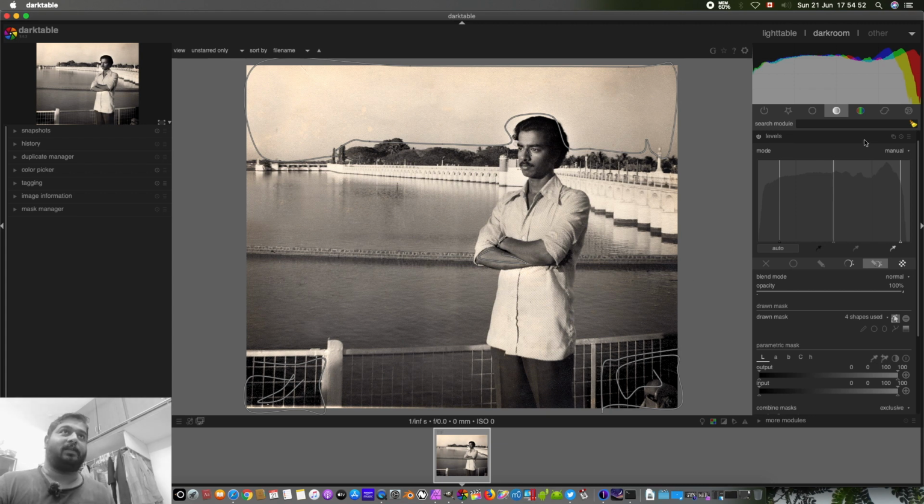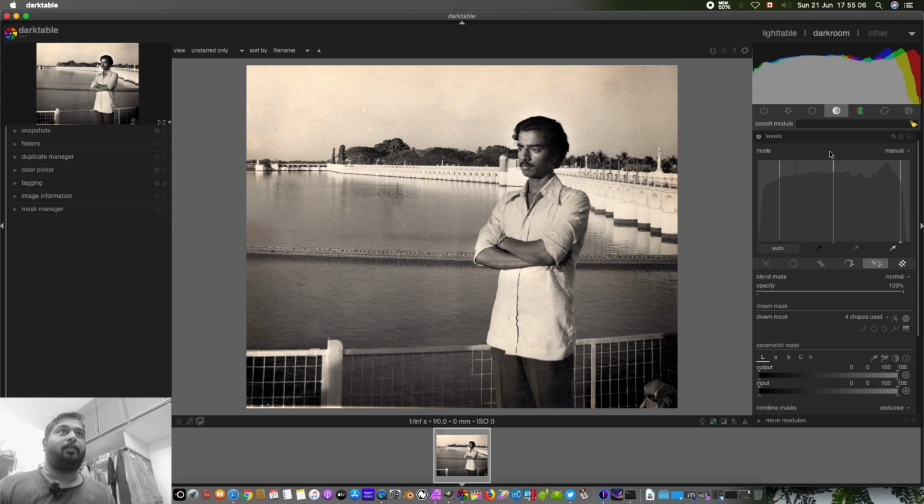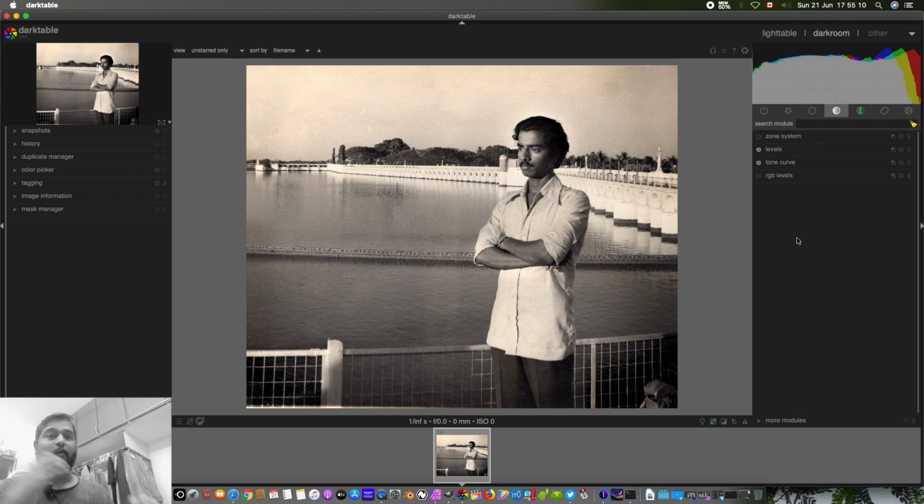Okay, so it doesn't have layers. You can have multiple instances of the same effect. Say you can have 3 to 4 levels, or 5 or even 10 levels. I haven't gone that far, so I do not know if it can do that much. But you can multiply levels as many times as you want to apply to the same image, but you cannot